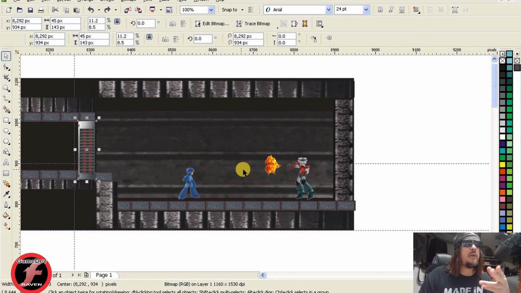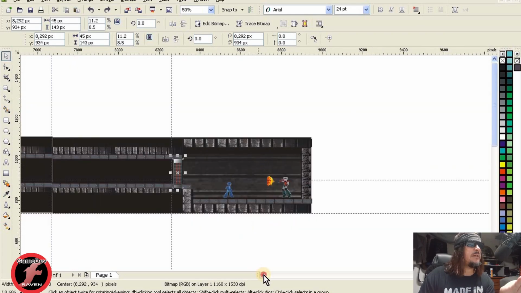So this is Fireman. He's shooting at Mega Man. This is the end stage. It drops the power up. This is kind of it for the designing of the level. As you can see,